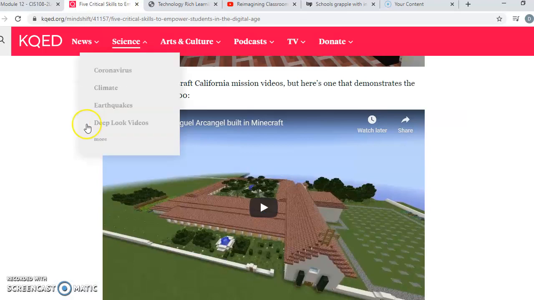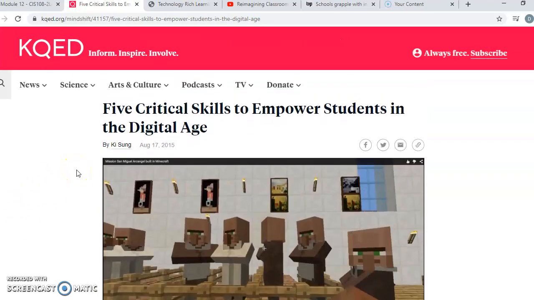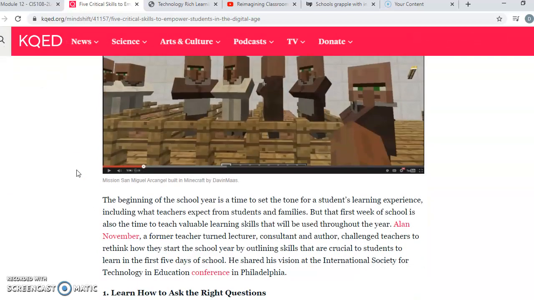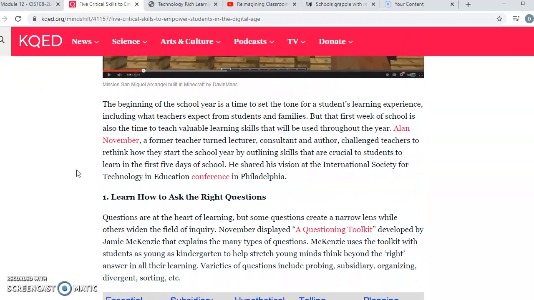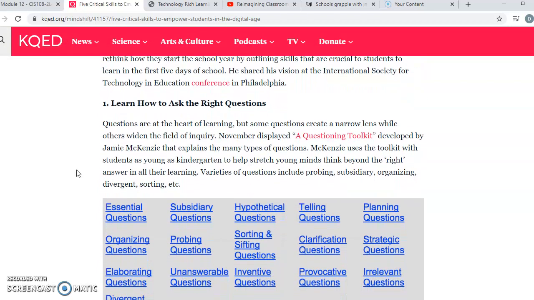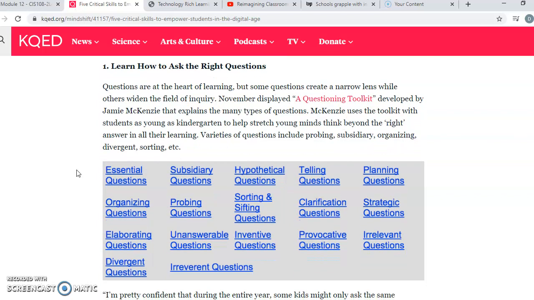The first one is an article entitled 5 Critical Skills to Empower Students in the Digital Age. So please take a few minutes to look over this. It starts off with talking about how we need to make sure that we are asking the right questions. And here's some sample questions here, and this might look familiar to you because we can connect this back to